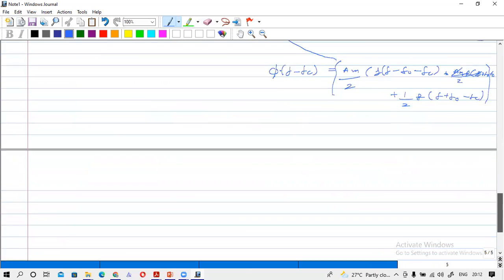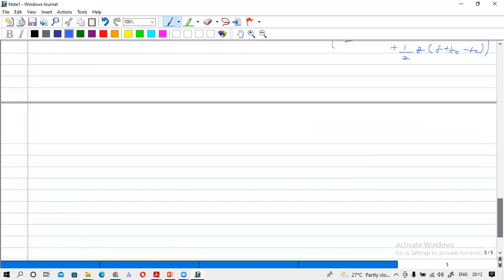Another method is using the Bessel function representation. Okay, so the Bessel function representation also we have derived. Please go through that tutorial session. You can find the Bessel function representation for frequency modulated signal. So we have derived the